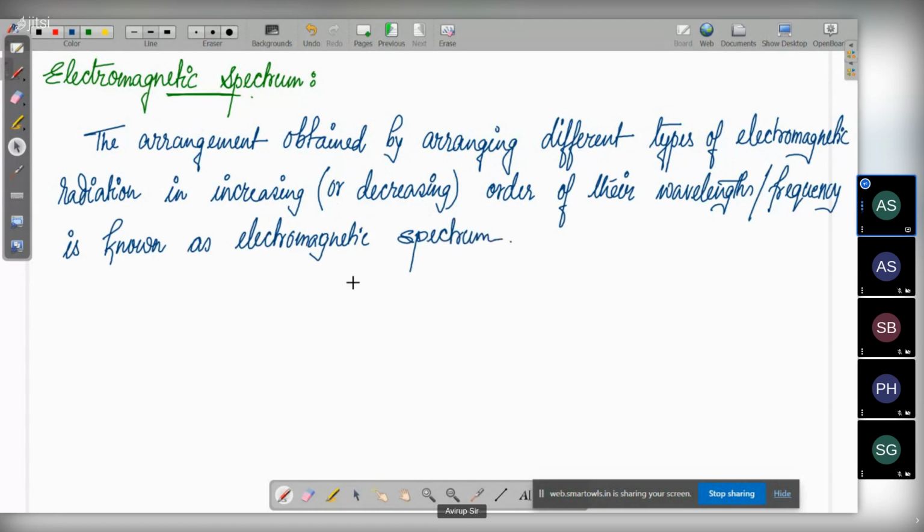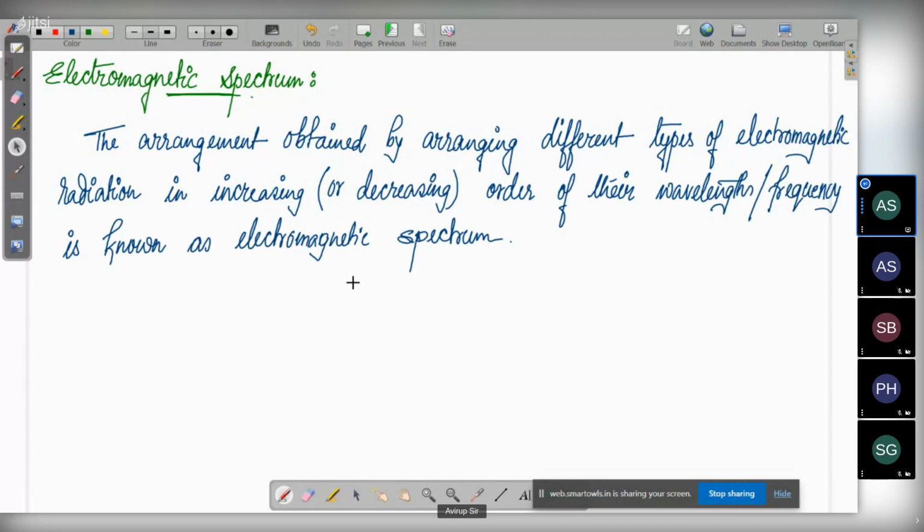Okay. So what does this definition mean? This definition is saying that we have different waves. When we are talking about radiation, different kinds of radiations are present, right? Different radiations are going to have different wavelengths. So the electromagnetic spectrum is simply arranging them. We keep them in an ordered fashion, from the increasing order of wavelength or frequency, whatever be the criteria, just arranging them in an ordered fashion.